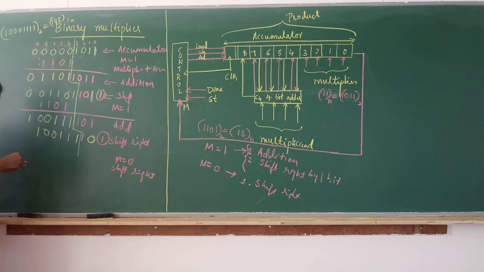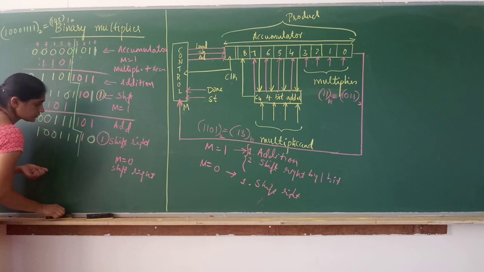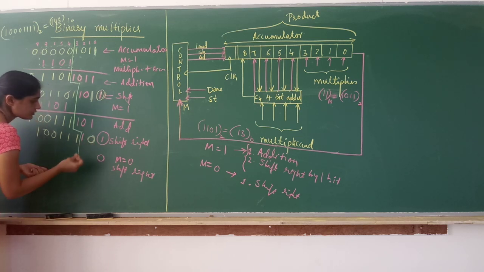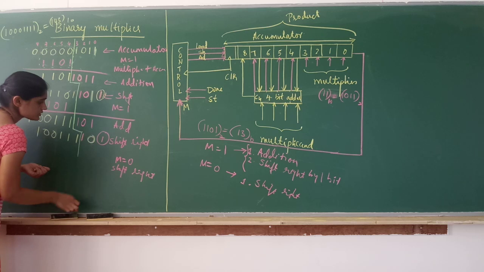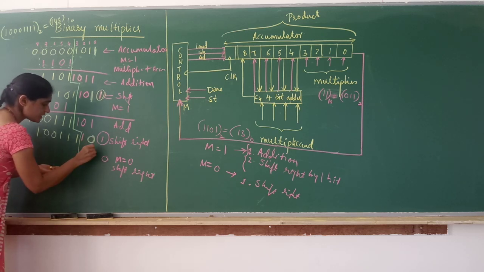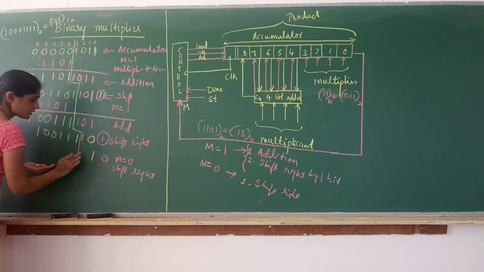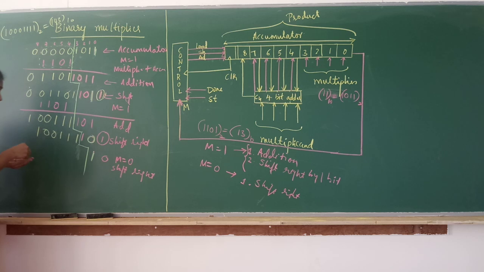Shift right. So if you shift right, what will be the new content? Now the 0 will also come out. Okay. 0 will come out. Now what are the new contents now? Only the bit we have is 1, which is nothing but the m value for the next step, right? Correct? So now the remaining bits will be shifted. So write it. So 1, 0, 0, 1, 1, 1.